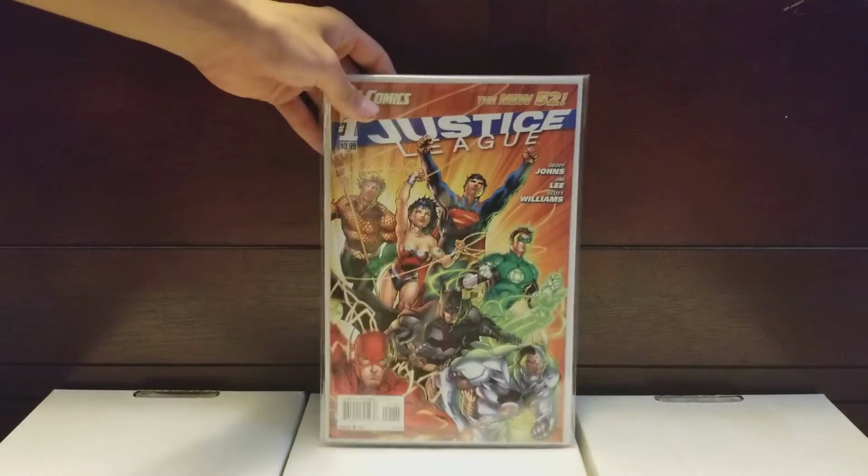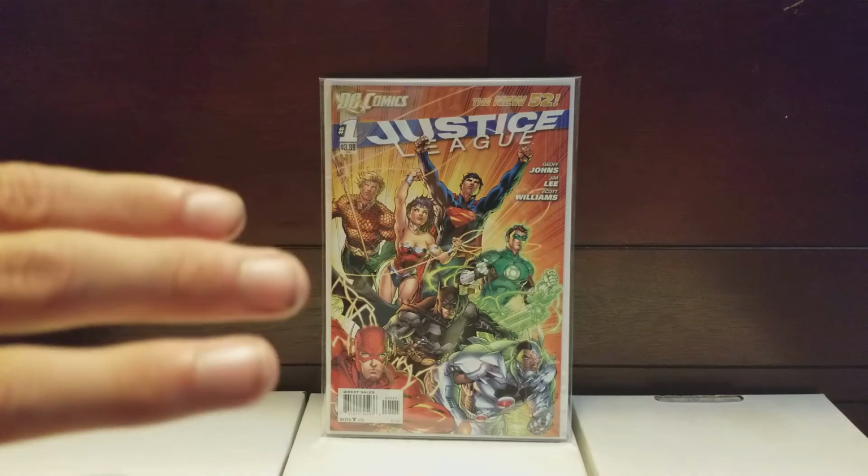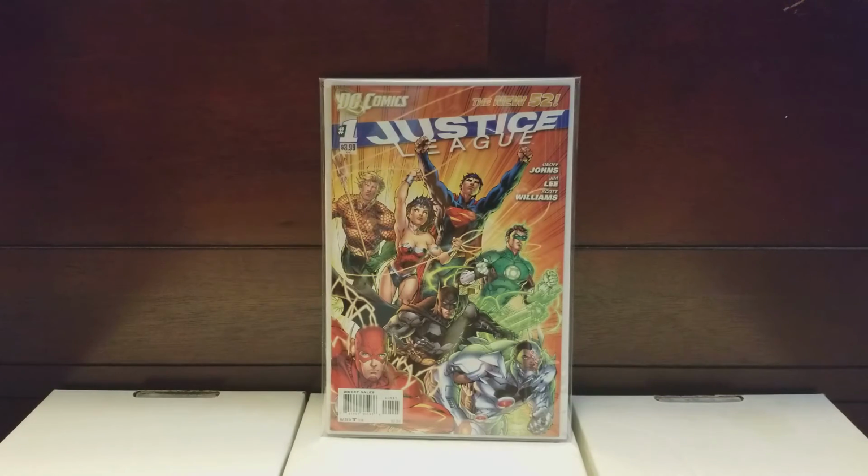I thought after that it would just be like a dry week for comics for me, but by the end of the week it got better, a lot better. So, okay, I went to another store that was about 40 minutes away from my house, and this is a store that I have not went to in years. I remember going on opening day, and